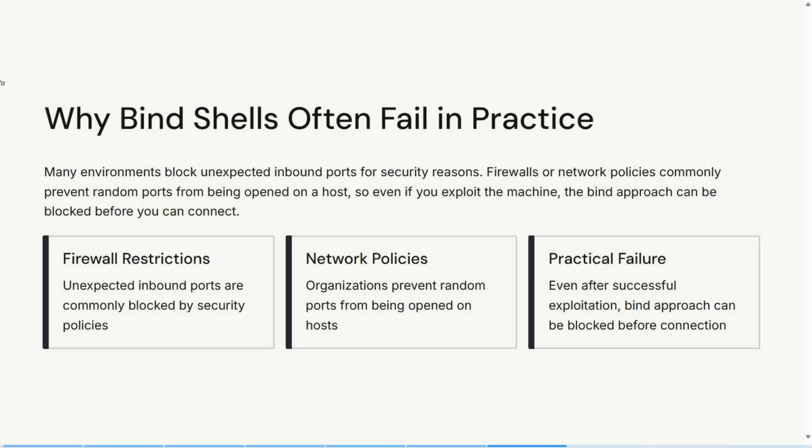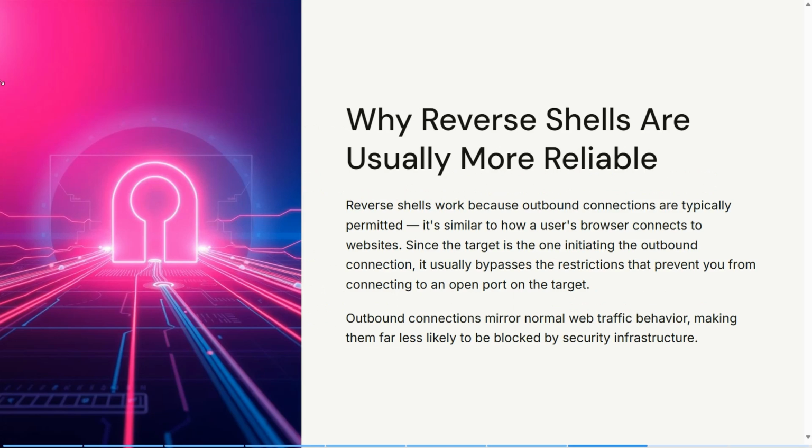Under firewall restrictions, unexpected inbound ports are commonly blocked by security policies. Under network policies, organizations prevent random ports from being opened on hosts. Then practical failure: even after successful exploitation, the bind approach can be blocked before the connection, while reverse shells are usually